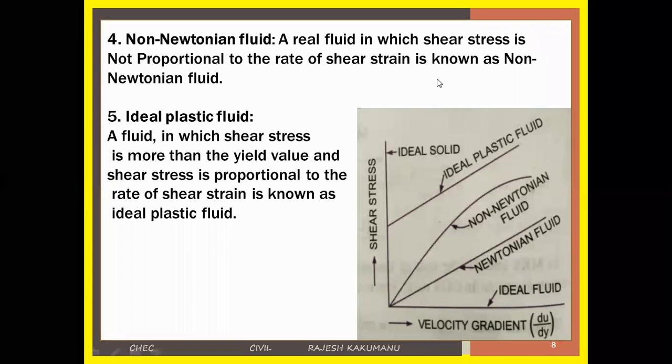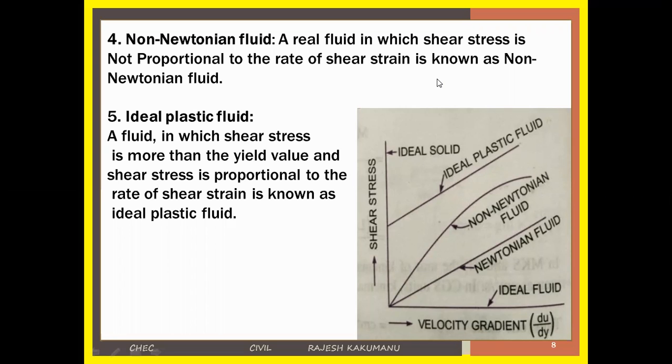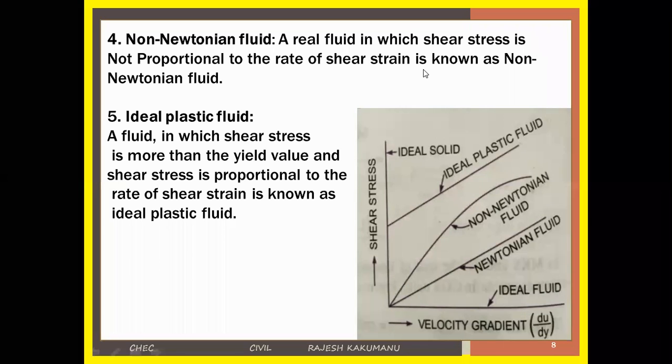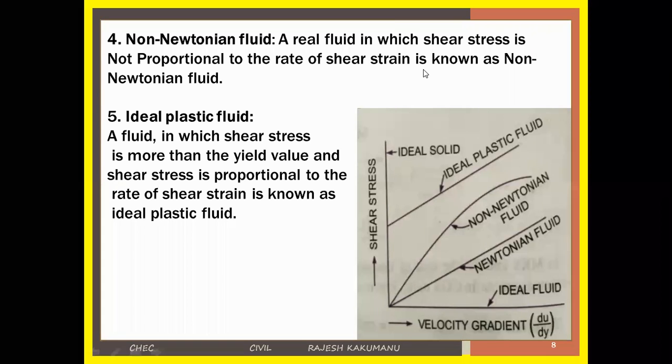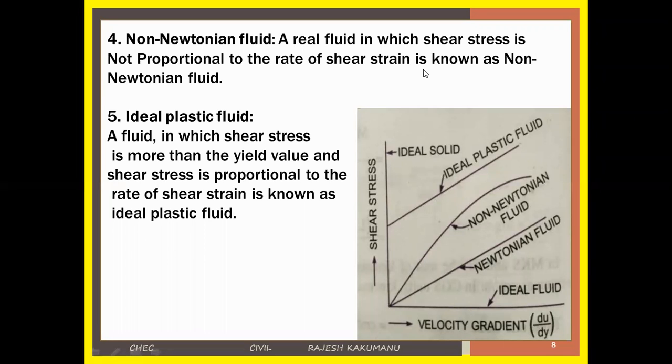Whenever the shear stress is more than the yield value, and shear stress is proportional to the rate of shear strain, it is known as an ideal plastic fluid. So here, if you see the graph between the shear stress and the velocity gradient du by dy, so generally